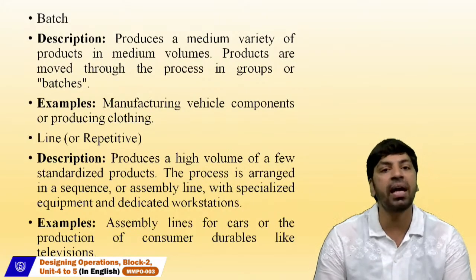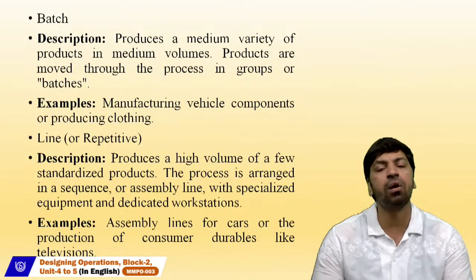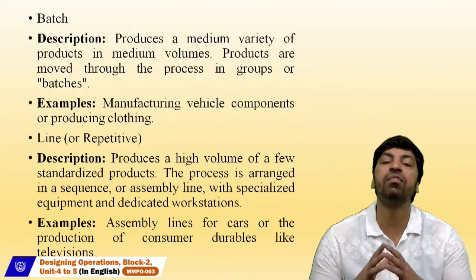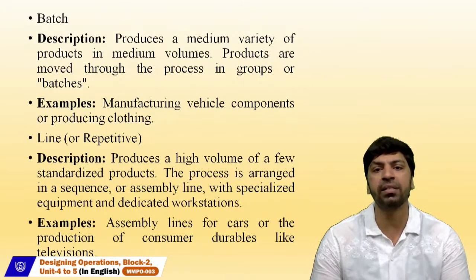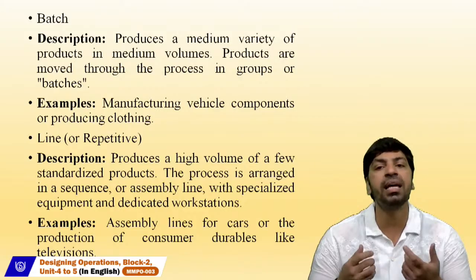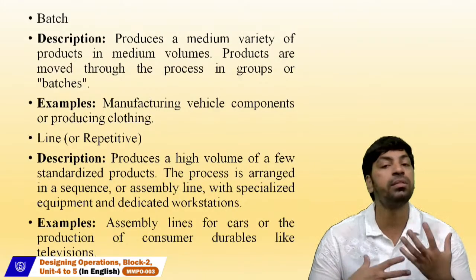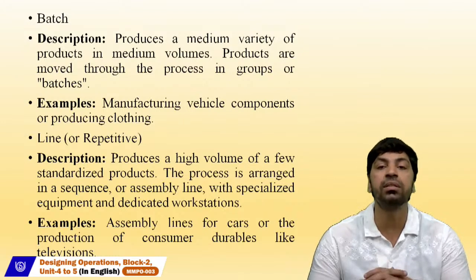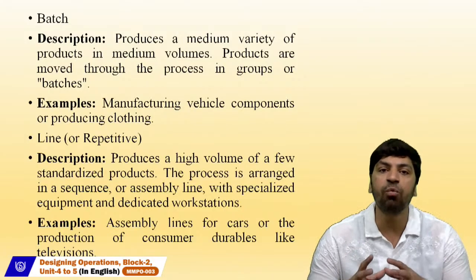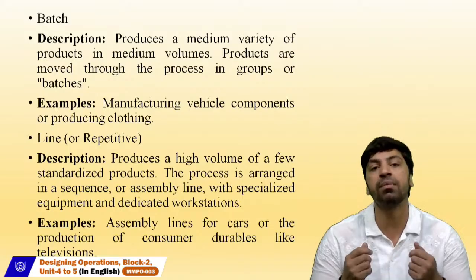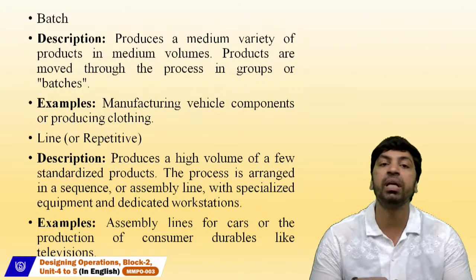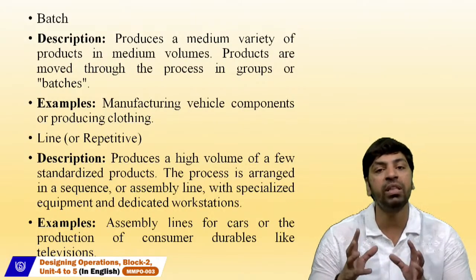Next one is the line or repetitive process. It is another process which produces high volumes of a few standardized products. When we talk about a few standardized products, it could be assembly lines of cars, or consumer durables like televisions, ACs, etc. So the process is arranged in a sequence or in an assembly line with specific equipment, whether car equipment or television equipment, or with dedicated